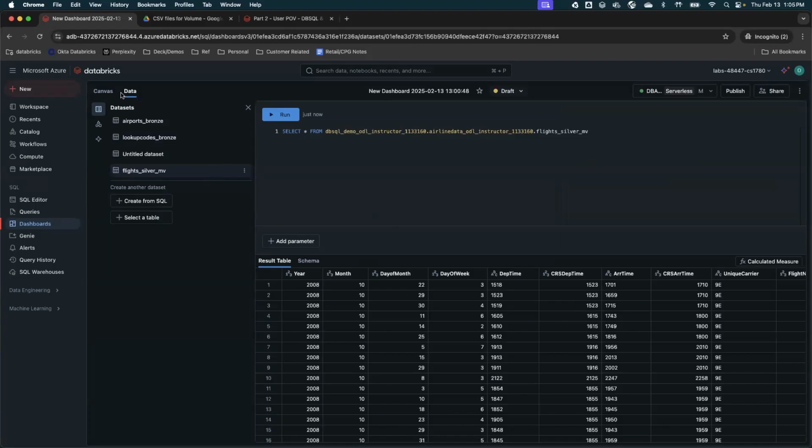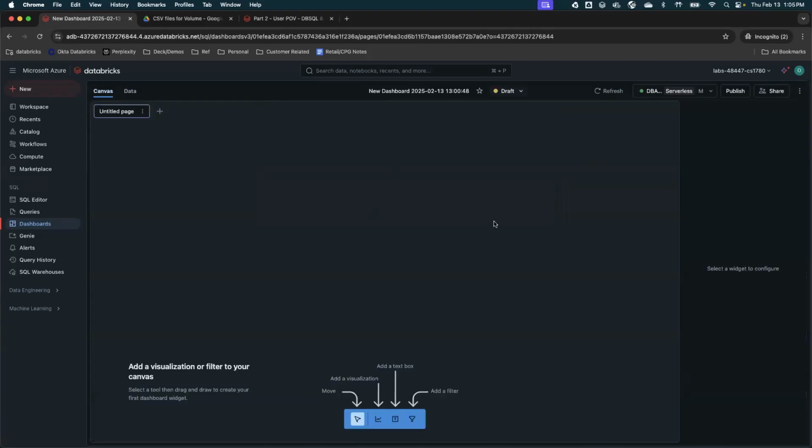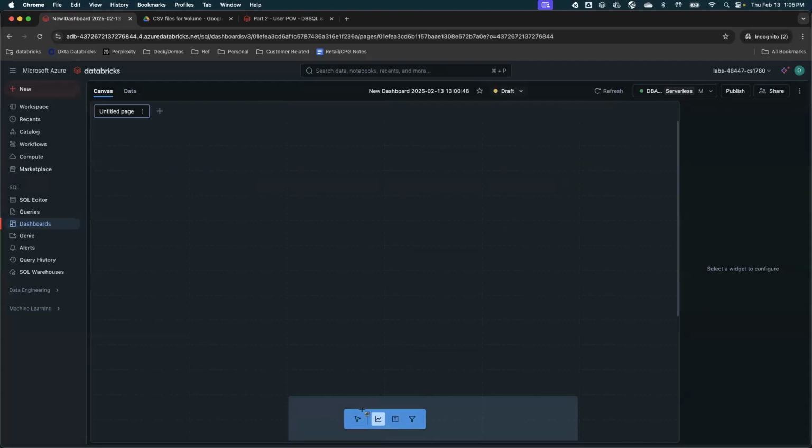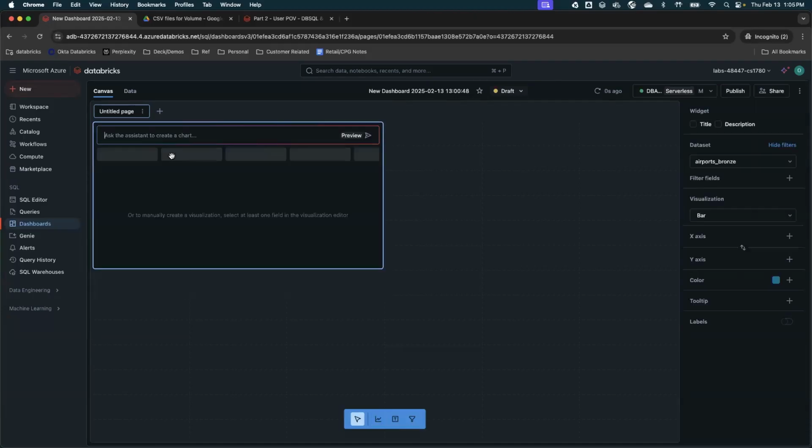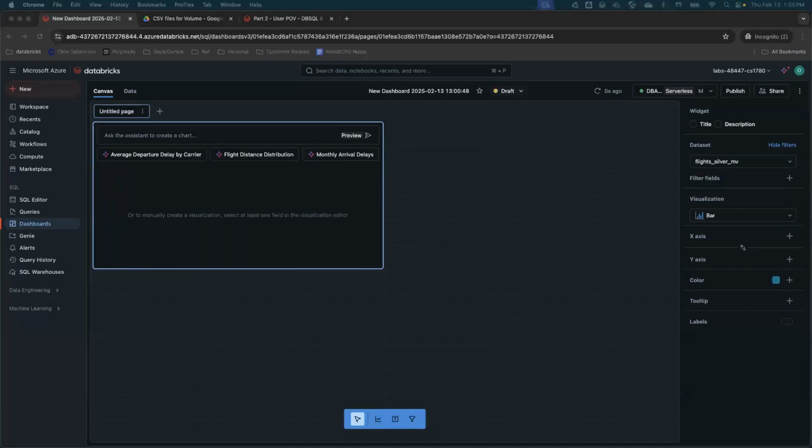Okay. Once it is there, I'll go to canvas, and I can click on adding a visualization. This is the visualization icon. You go here, you put the visualization into your chart, right? And then I can ask a question, and the question is in the notebook.